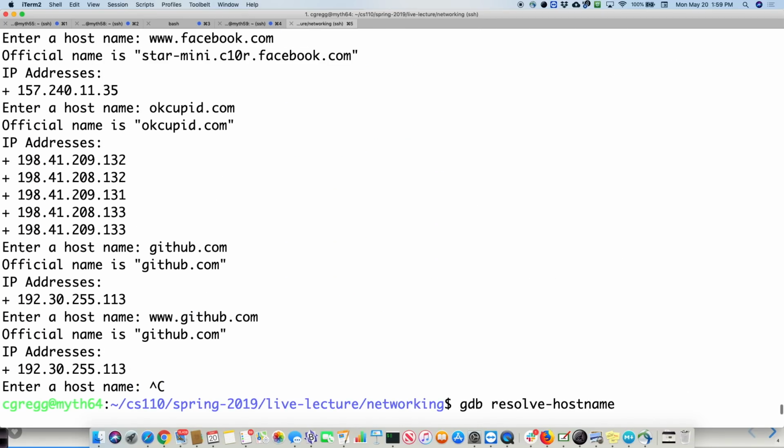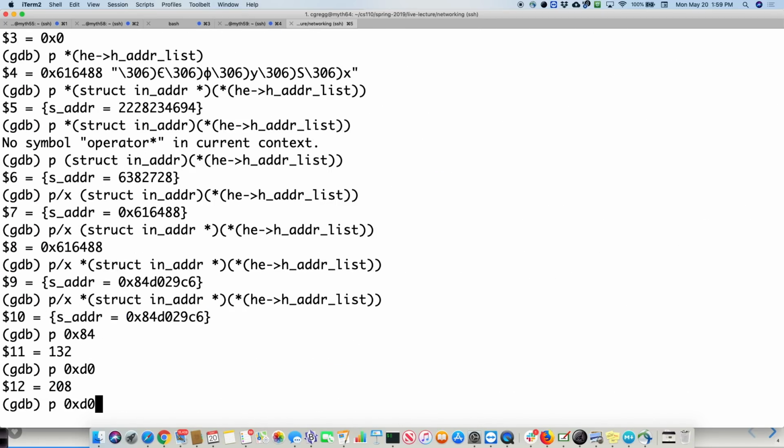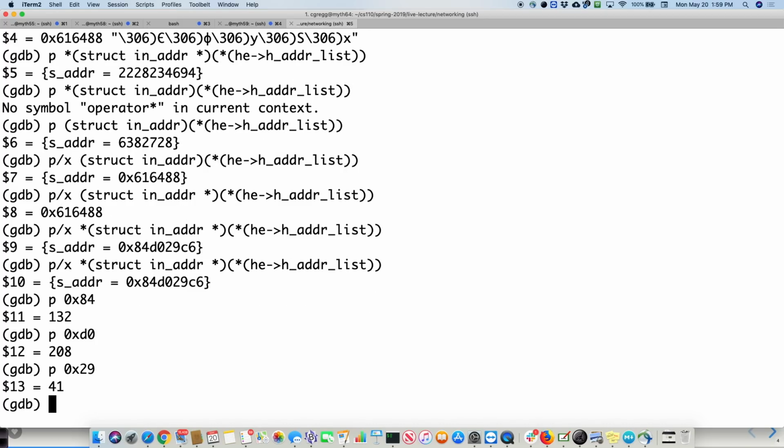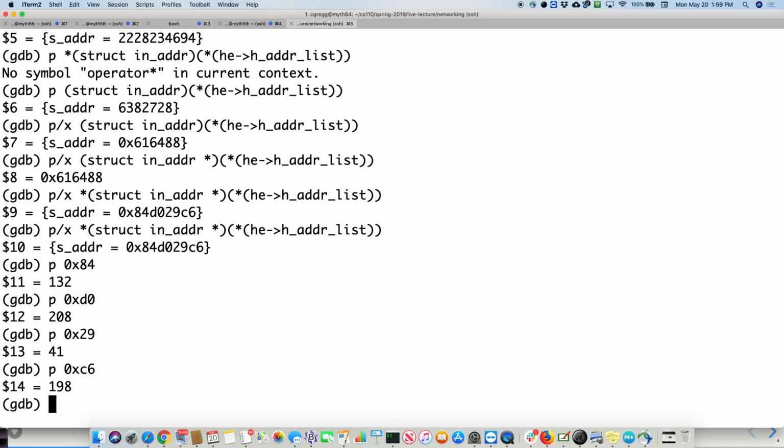Yeah. What are the other ones? 208, 41, and 198. So we should get 41 should be 29, and then C6 should be 198. Okay, notice the order it's in, right? It's in the wrong order. It's backwards. Well, the function that we called earlier, that